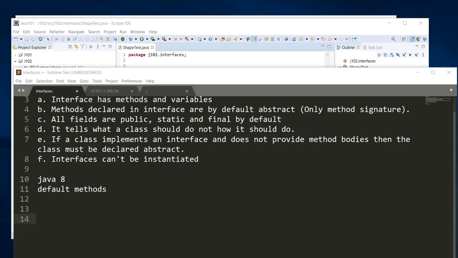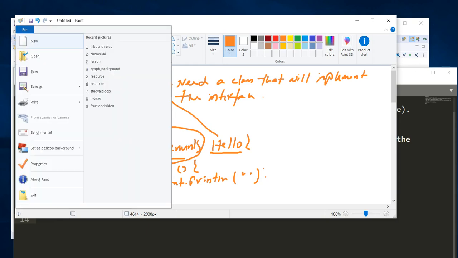In the last tutorial I talked about interfaces, and I said that whenever you are declaring an interface and whenever a class is going to implement that interface, the method in the interface must be implemented in the implementing class. Otherwise there would be a problem. So meaning that if I bring out this example,